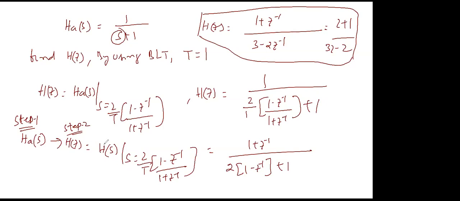But the important thing is, while finding H of s, take omega P and omega S equals 2 by T tan(omega P S by 2). If you do not take this, what you design is completely wrong. Clear all of you? Yes or not? Yes. Okay, so this is your bilinear transformation.